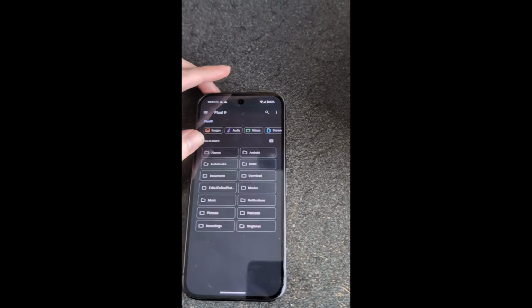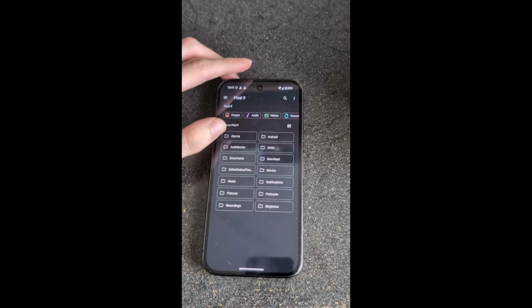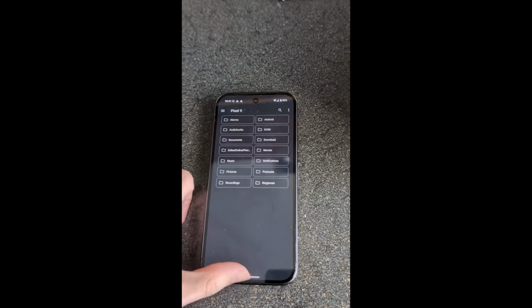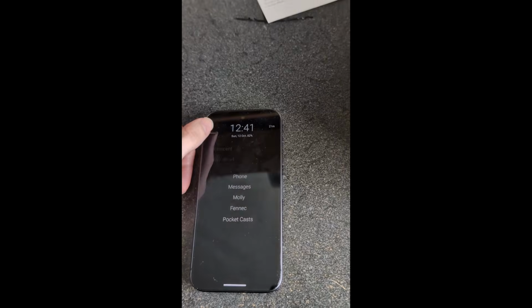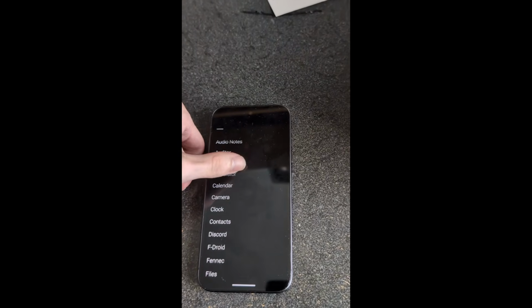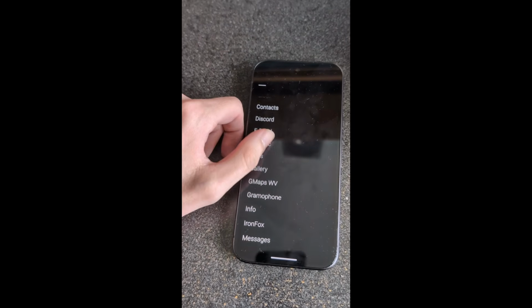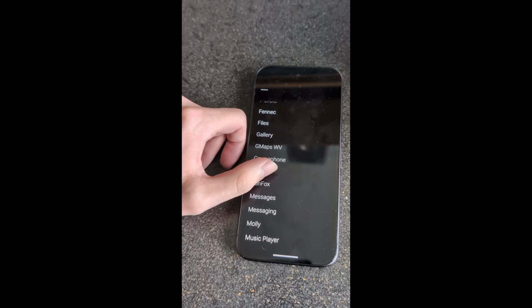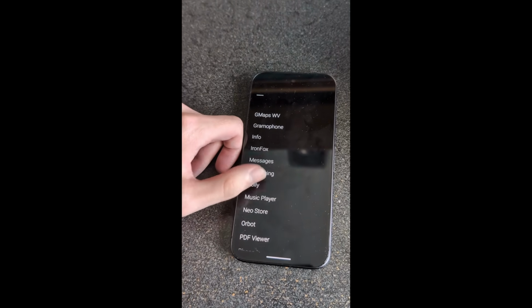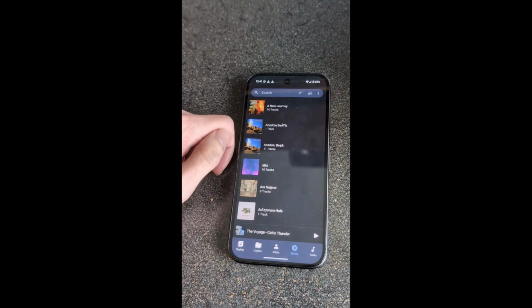Actually, to be honest, this looks the same way as the Files app on my other Android devices, so it's most likely the same, but some of these apps are kind of different. And it goes to say that. And also the thing that I don't like about this one is that